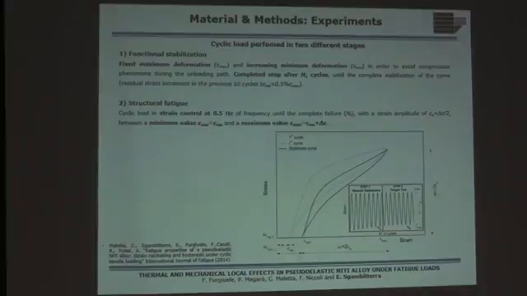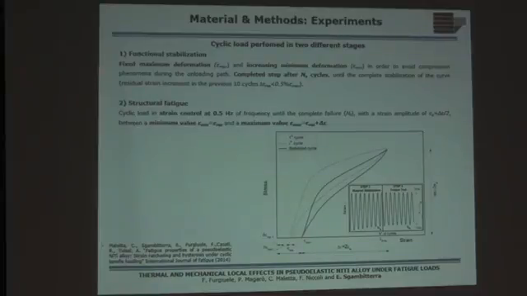So the experiments are based on a strain-control fatigue test, and typically are performed in two different stages. The first stage is the functional stabilization of the material. So we performed a strain-control fatigue test, but with no fixed strain ratio, in order to avoid, of course, compression phenomena during the unloading stage. When the material is stabilized, we continue the experimental test with a constant strain ratio, and we counted the number